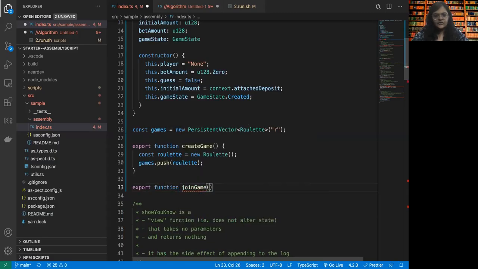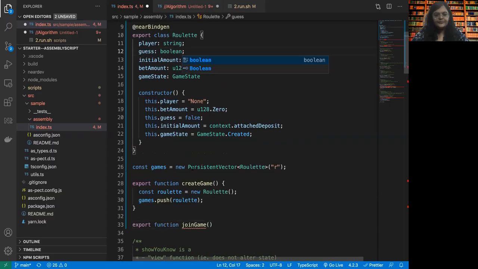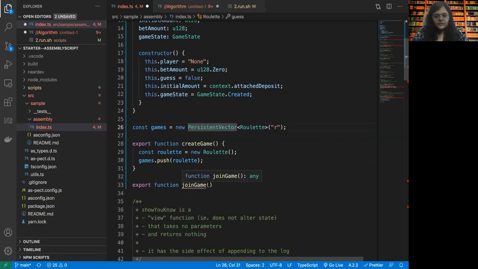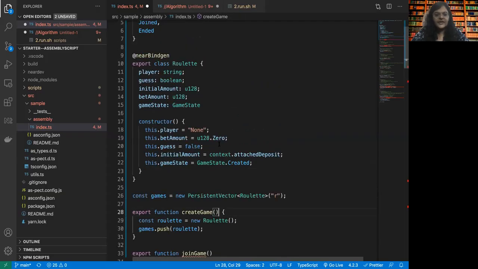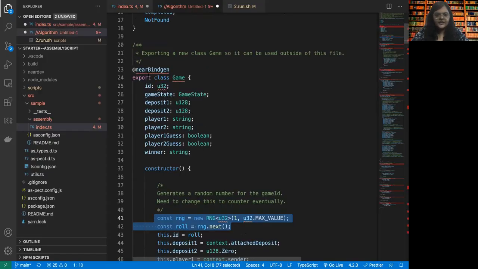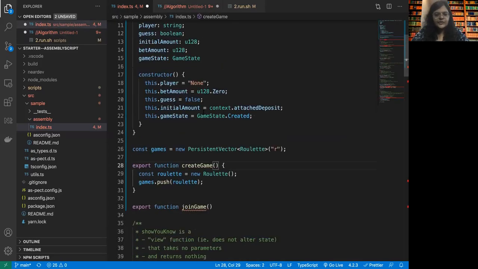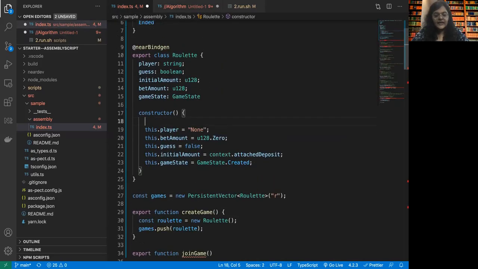All right, I suppose this should be Boolean. Oh, there can be another interesting thing that we can do. That is, we can create a game ID for every game. So I'm just going to pick this random number generator, which we are going to be using again. So we can create a unique ID for the game.